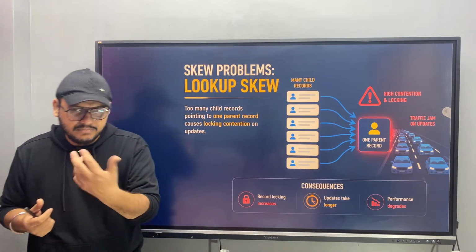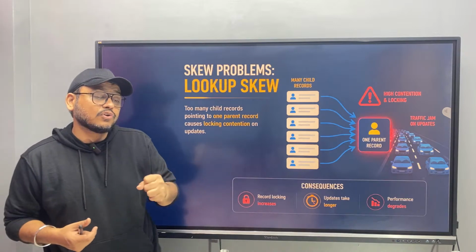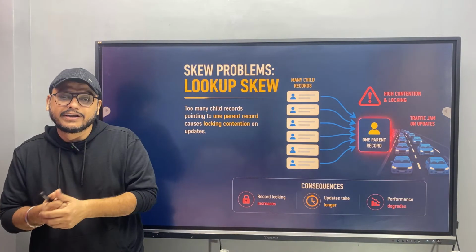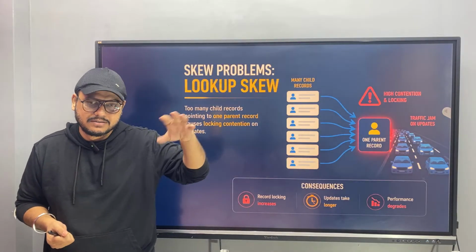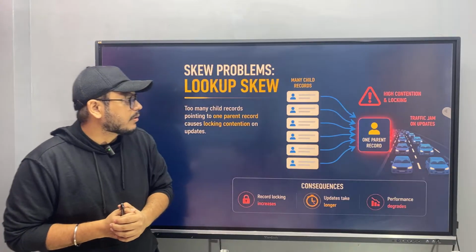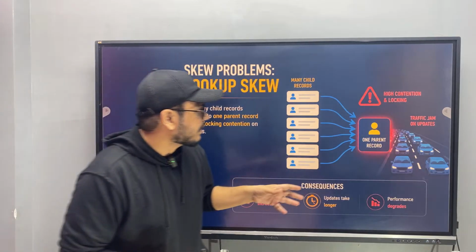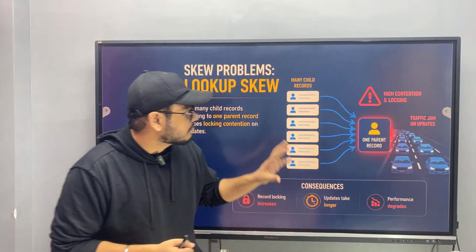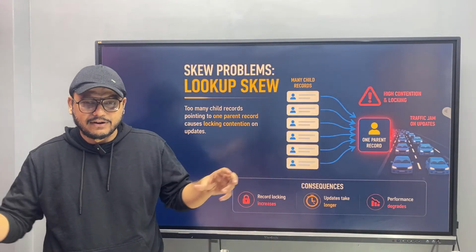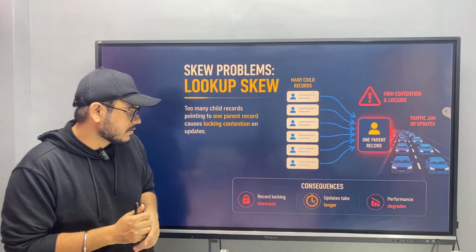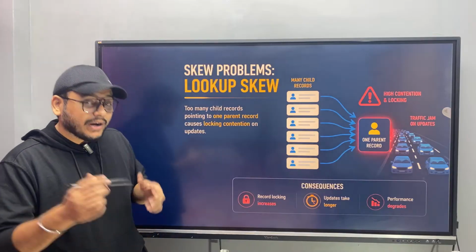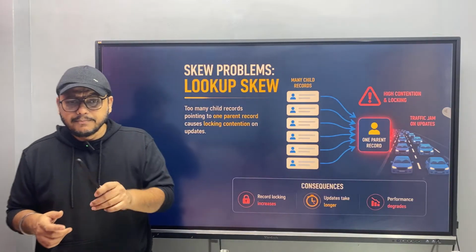So let's say you are getting contacts, and if you do not have the details of the account for that contact, you start moving everything under one dummy account, etc. That's where this problem comes in. One parent record, and a large volume of child records associated to the same parent. Now what is the problem with this? Again, here you will find issues with record locking. Now, why does this problem come up? Because